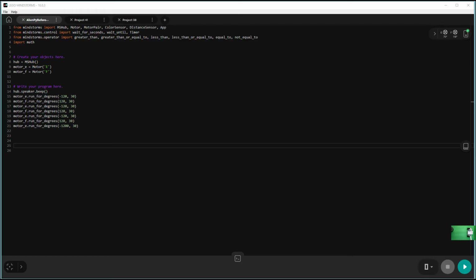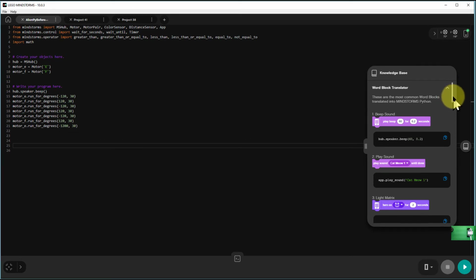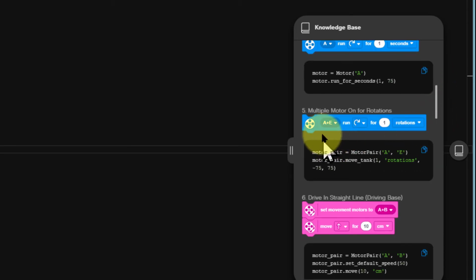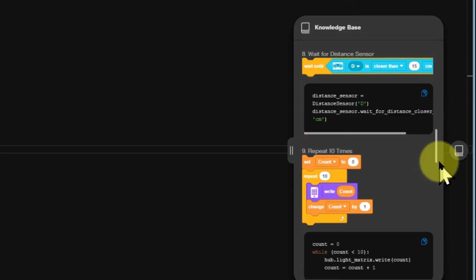Well, perhaps we had better teach our robot how to retreat rapidly. Now, if we go to our Python help and we go down a little bit, we're under knowledge base at the moment. Here's a multiple motor command on for rotations, but there's not much help here. So let's go further down,